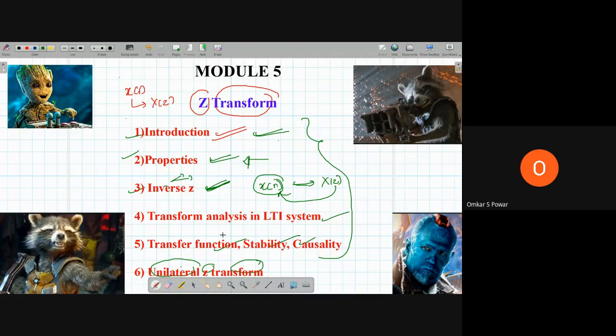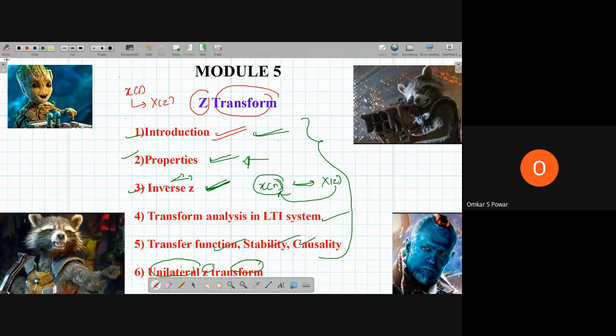Before that, you have to understand why you want to study this Z transform. What is the relationship between the Fourier transform and Z transform? These things they'll never mention in textbooks. They'll directly begin with the formula, give you the ROC, properties of ROC, and then begin. I do not like to do that. I want to explain things from the application point of view. There should be something we enjoy before going to the mathematical point of view.